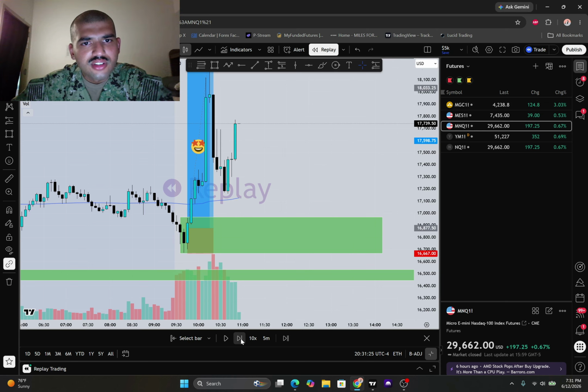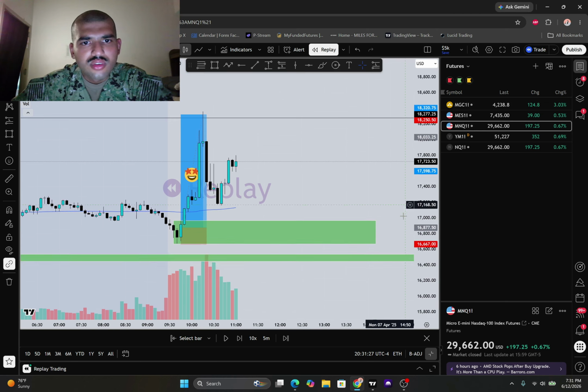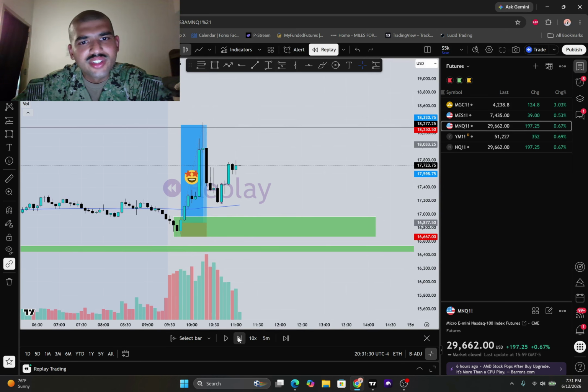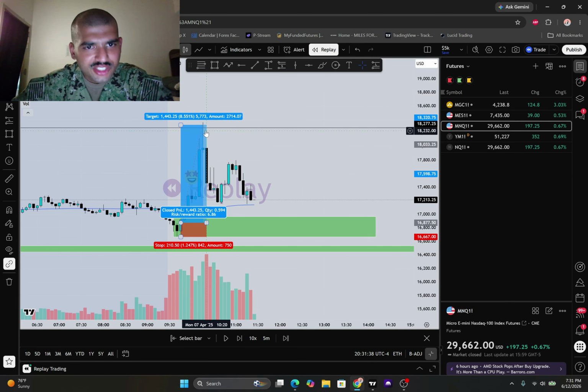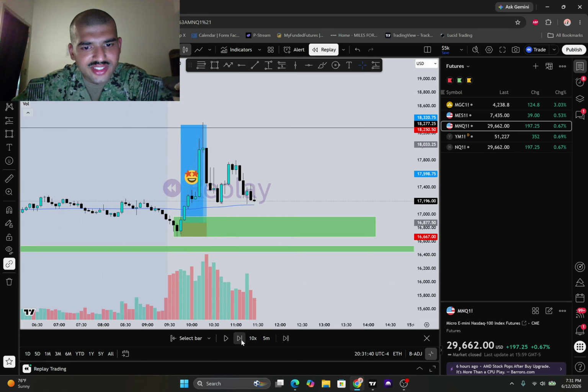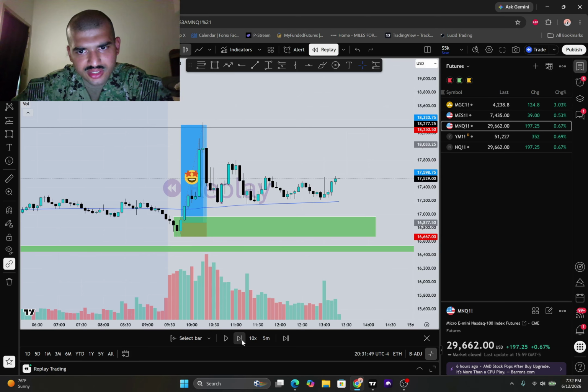Yep, it just wants to take off. I mean, I wouldn't really get in buys right there. It's not really creating a sense of direction at all, because price shot all the way up and now it's just kind of consolidating in this area. But let's see if it comes down to that demand zone. That would be a good area. That would be a good point of interest for me, at least.